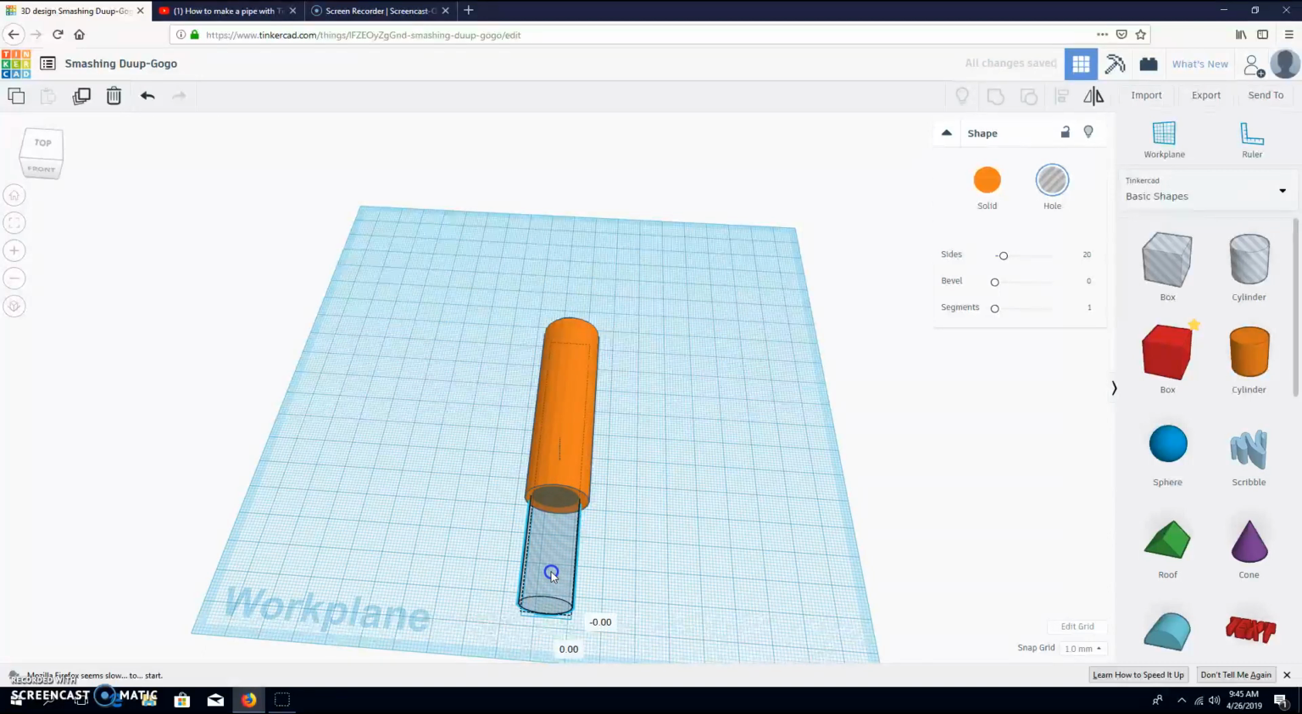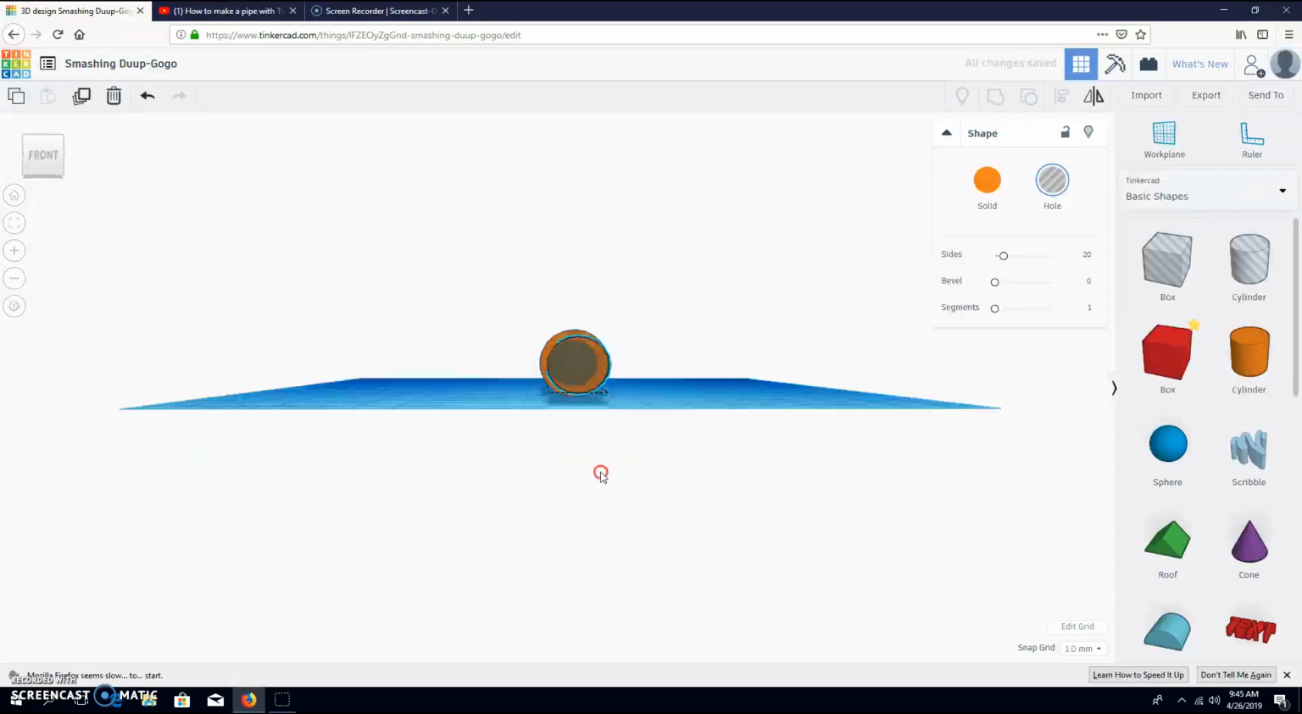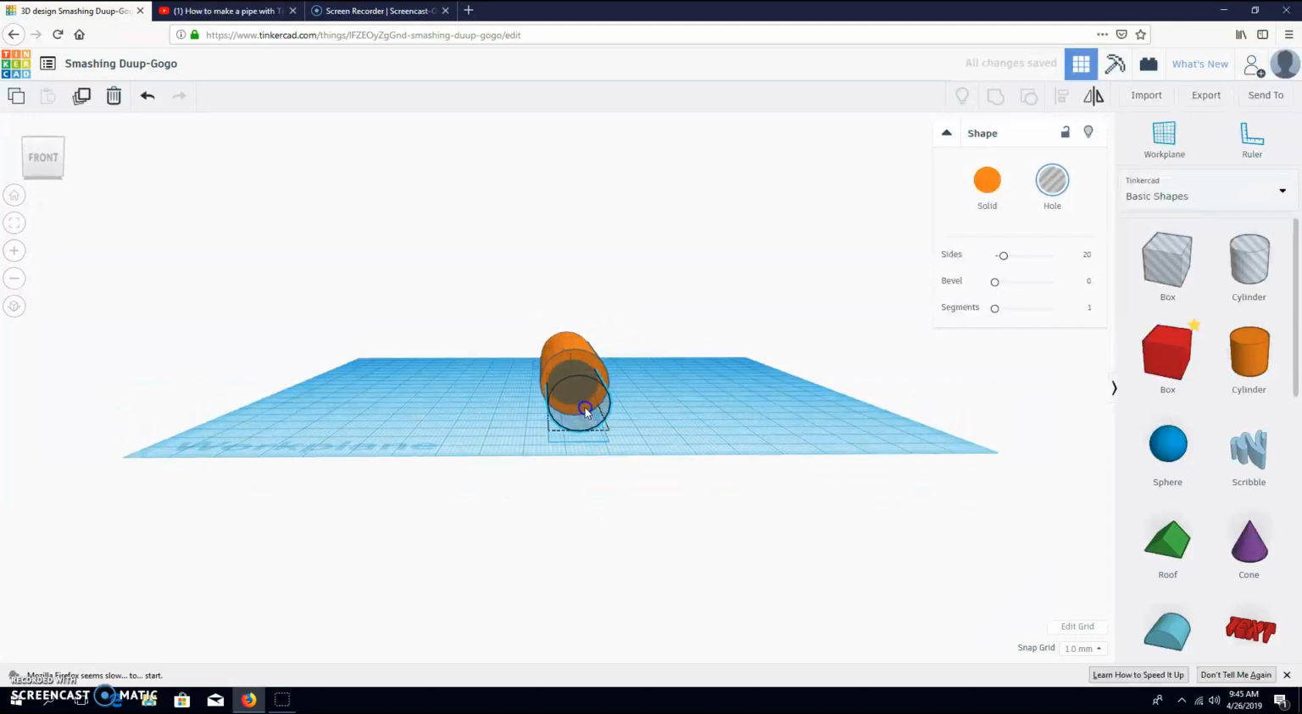So then I want to center my pipe in the regular cylinder, I mean. So then I do this, I stick it in the cylinder,